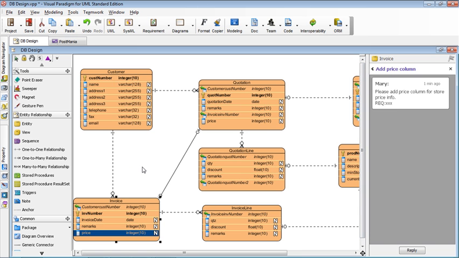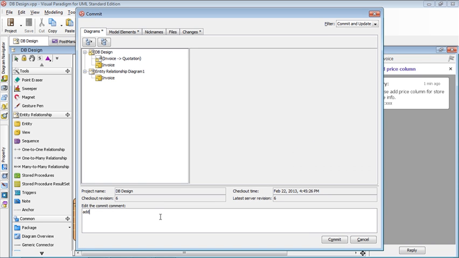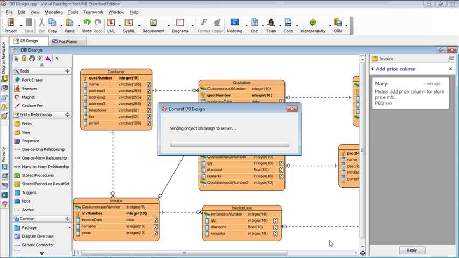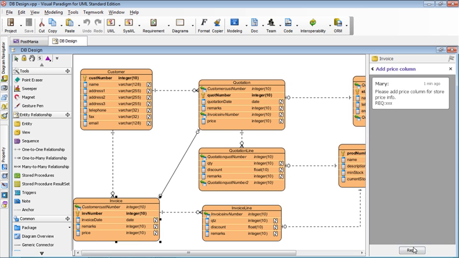Then after adding the price, I will do the database generation, deploy to the development environment, etc. And I will commit my change. I will say "add price column," something like that. And then after I finish the commit and all the things, I will reply to Mary, say "add the